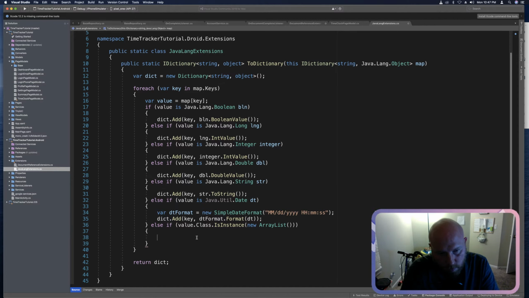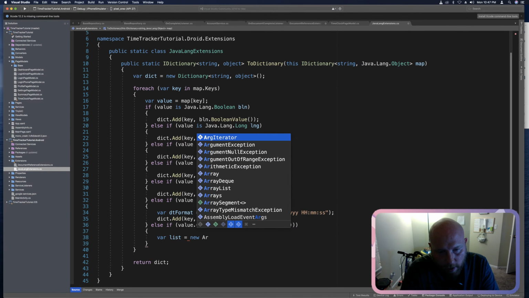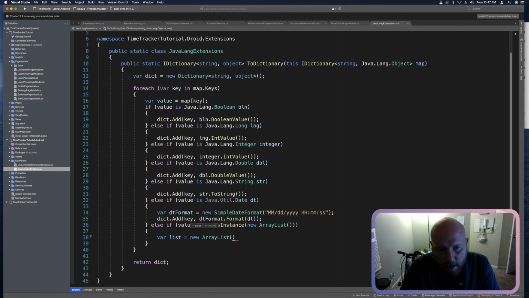So let's do this. We're going to say var list equals, and we're going to say a new array list. And then in here, we can pass in a capacity or a system.collections.iCollection. And so that's what we'll pass in. So let's go ahead and cast. So we'll add more parentheses. And we'll say